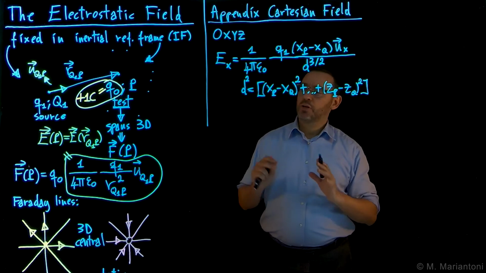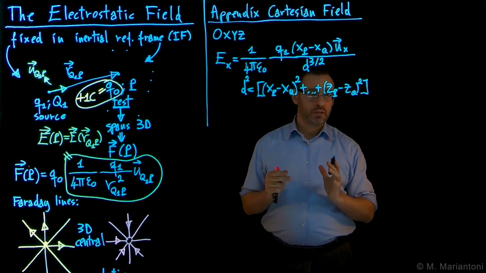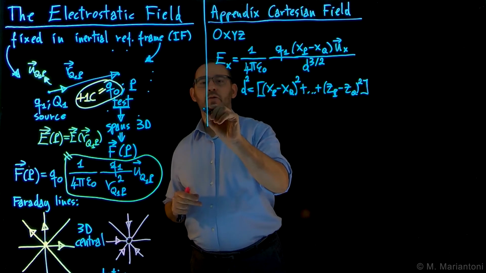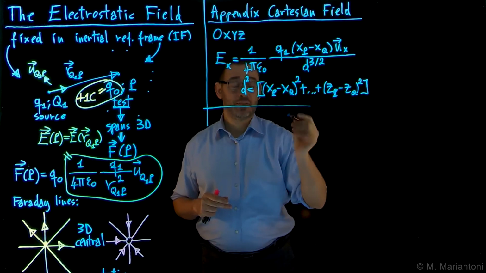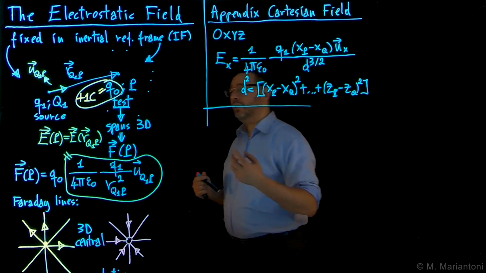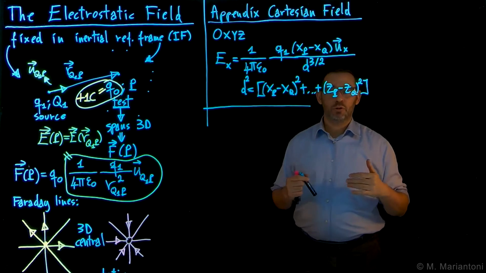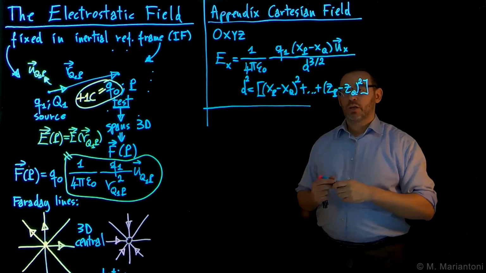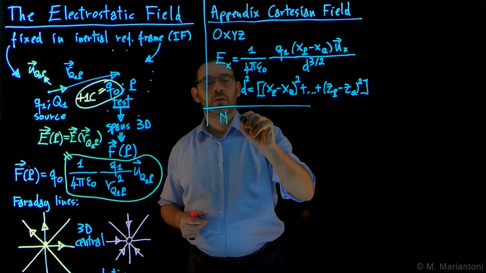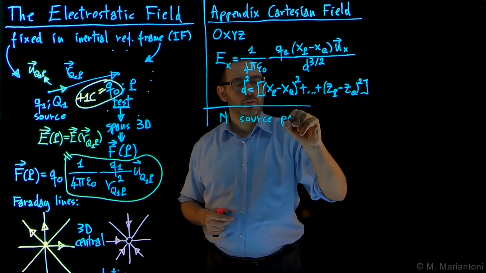All right, so now we know a little bit about the central field, and we know it also in a Cartesian coordinate system. The next interesting item I want to discuss, and very important, is the case of, instead of one single source particle Q1, capital N source particles. So instead of one, I have capital N source particles